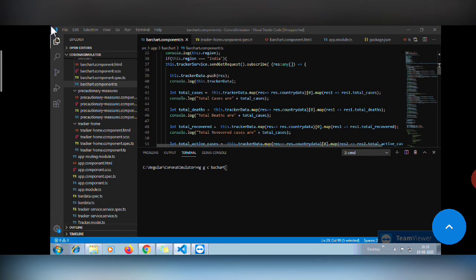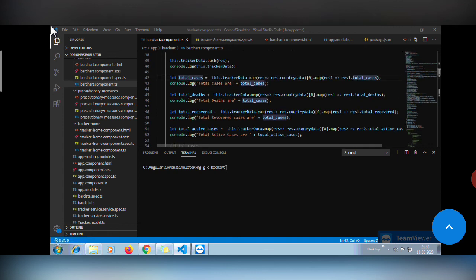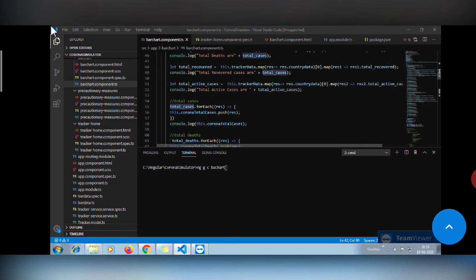So we are fetching that 0 and mapping the result, and taking whatever field we have to use, that is result1.totalCases into the totalCases variable. So like this you can take any field from here and store it into a variable. Then you take one array for that total cases and push that result into that array.